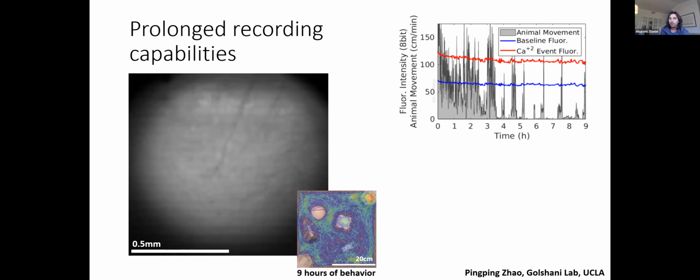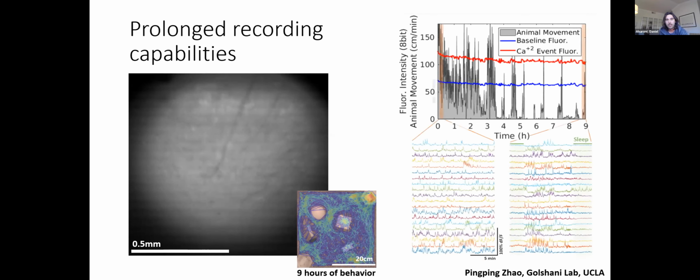The overall decrease in fluorescence, both the baseline and the size of the calcium dynamics, drops across these 9 hours by something like 8%. Since then, we've done 24-hour recordings where we get even less photobleaching, like 4% across 24 hours. The quality of the recording at the beginning compared to 9 hours later is really comparable. So these newer miniature microscopes, with their more optimized optics and more sensitive image sensor, are getting us to the point where we can start thinking about